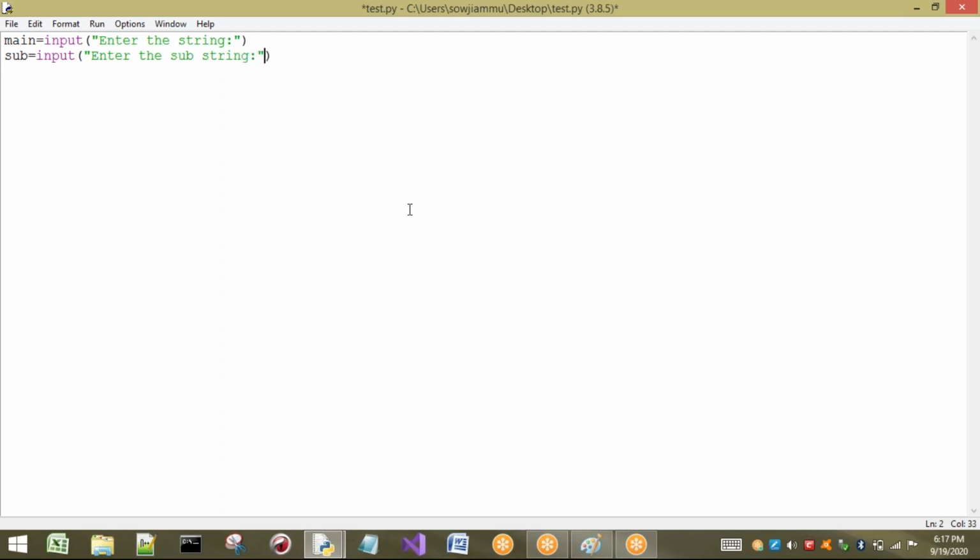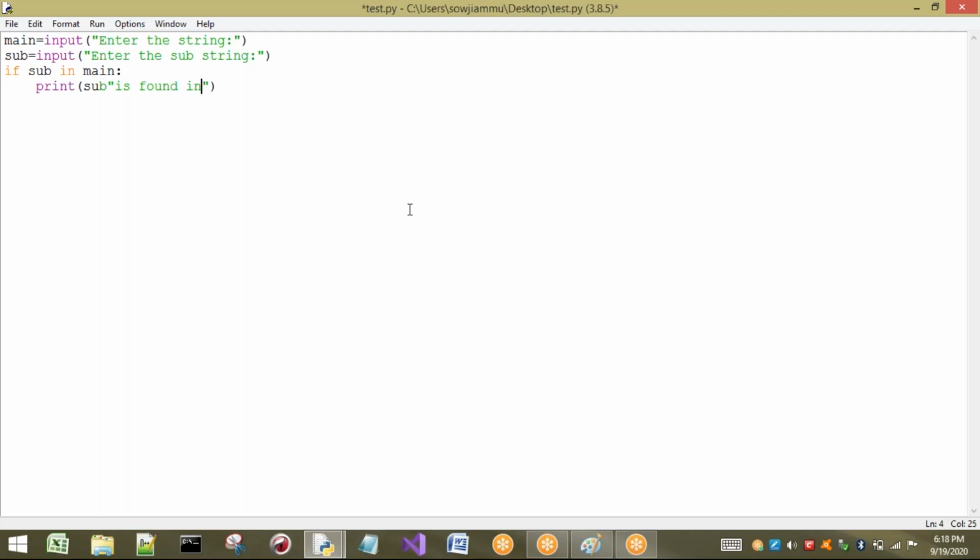Now one substring is given and one main string is given. What I have to do is check whether the given substring is present in the main string or not. So I will write: if sub in main, if it returns True, then I will print sub is found in the main string.